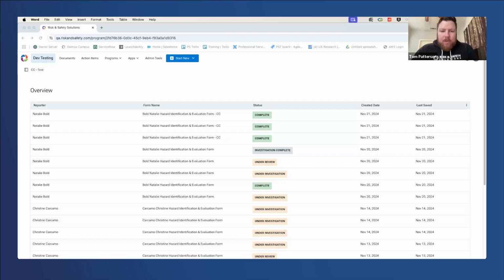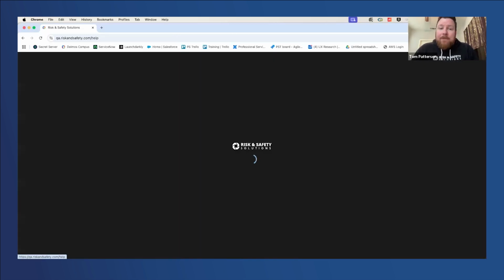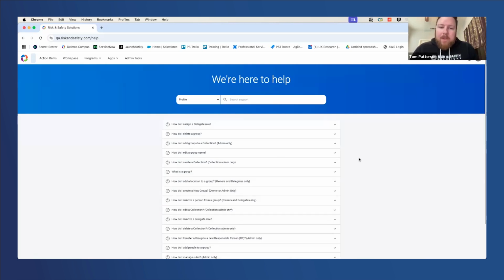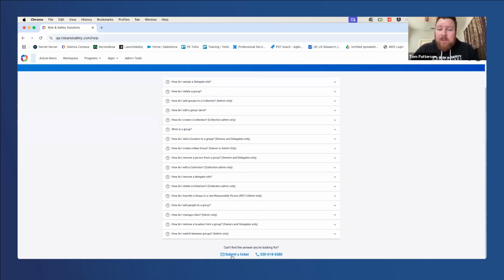Oh, sorry. If you run into any issues or you need further support from RSS, like let's say you're trying to submit and it doesn't work for whatever reason, or if you have some questions about the system itself and not actually the policies of how it works, you can choose the question mark in the top right next to your initials, and that takes you to our help area, where we do have some helpful hints and tricks loaded up. And if we're not able to answer your question, if you scroll down, you can submit a ticket to our service desk or give us a call and get some support over the phone.